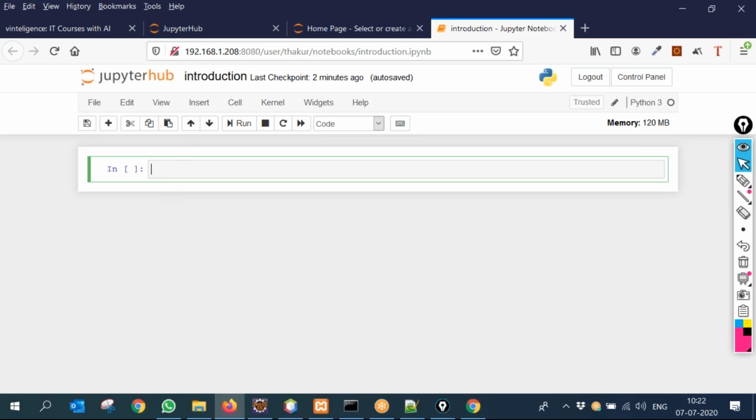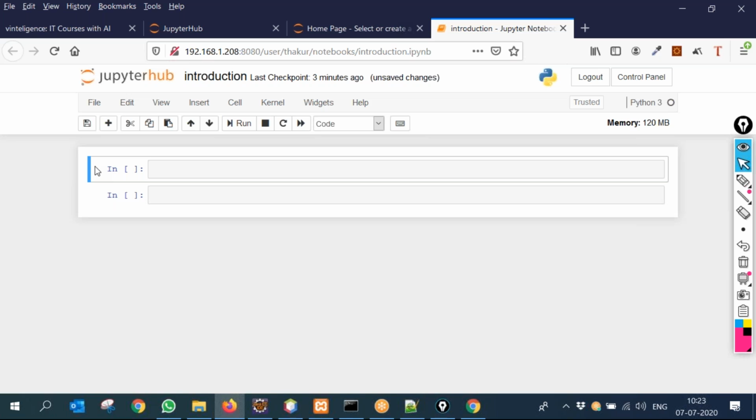So let us understand. Save is there, run is there, stop is there. One thing I'll show you: if I click inside this cell, it becomes green. That means we can type something. If you click on the border, it becomes blue. Can you people do it? Green is input mode, and blue is command mode.